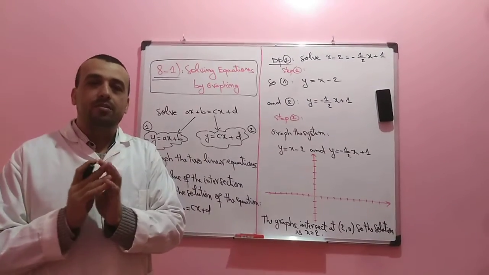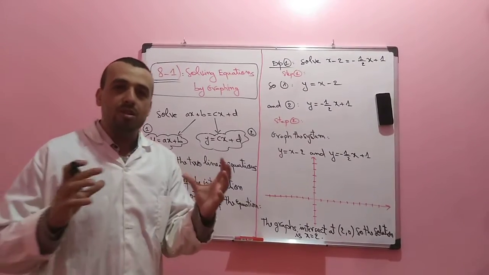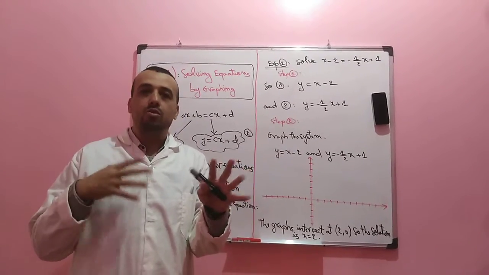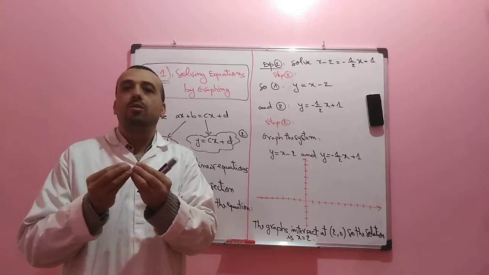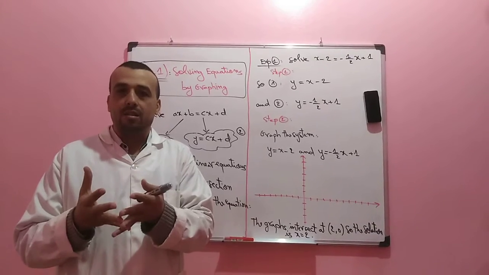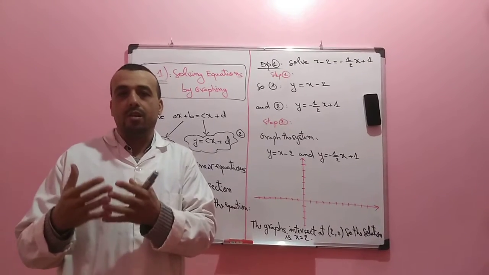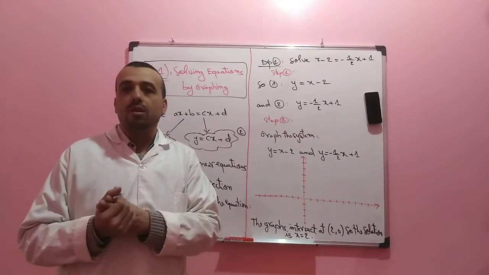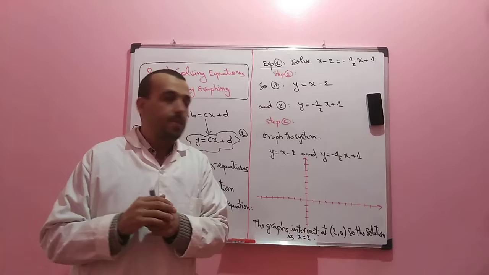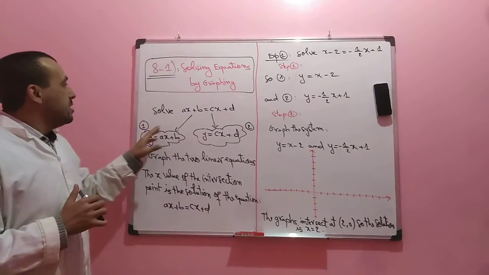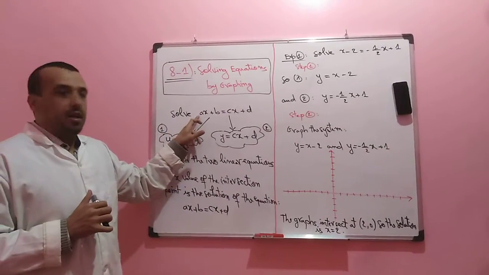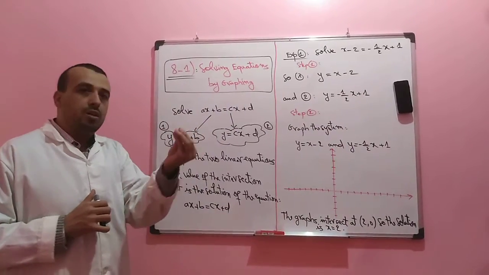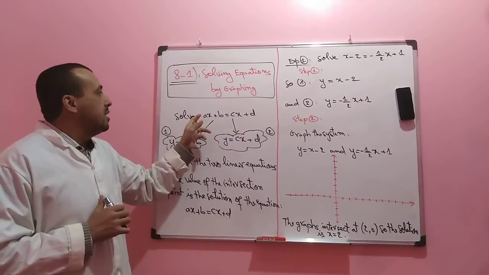Last week I defined what an equation is. Inside an equation we have two sides, and to solve an equation means we need to know how much x is. We can choose another variable, but the most commonly chosen one is x. For example, if we need to solve ax plus b equals cx plus d, we need to find how much x is